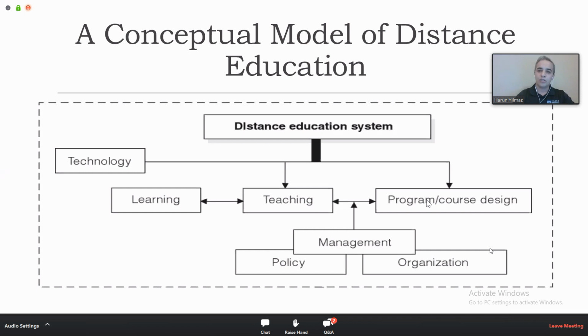approach, an instructional design approach to create programs and courses, and then teaching takes place, and there should be an outcome in terms of learning. But in terms of teaching and learning and program and course design, there should be specific technology you need to have. Also, your students and parents should have access to the kind of technology you are trying to use in your online or distance education